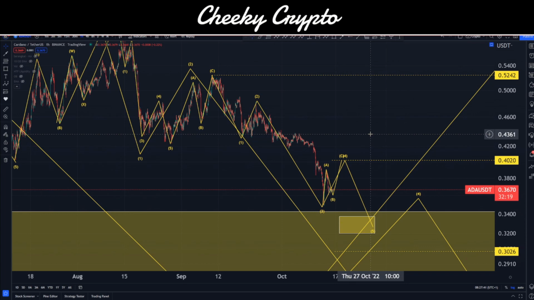Now, you can use many different techniques to get your structure of the charts. I'm using Elliott Wave theory. It seems overly complicated to some, but to me it's really simplistic. And if you want to know more about Elliott Wave theory, join us down on our Discord server where we have a 181-page document that explains Elliott Wave theory. It's actually quite easy to understand. It's just harder to implement correctly because there are so many different variables that you have to consider. No one's ever going to get it 100% right, in my opinion. I'm wrong from time to time as well. But essentially, from market structure, it's a really good way to get things marked out on the chart and give you ideas of where things are going.